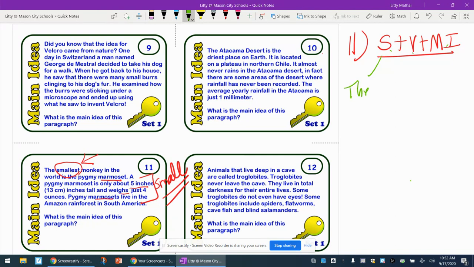So we'll say the pygmy marmoset monkey. I want to say what it is because then it would be very clear to people what a marmoset is. The pygmy marmoset monkey